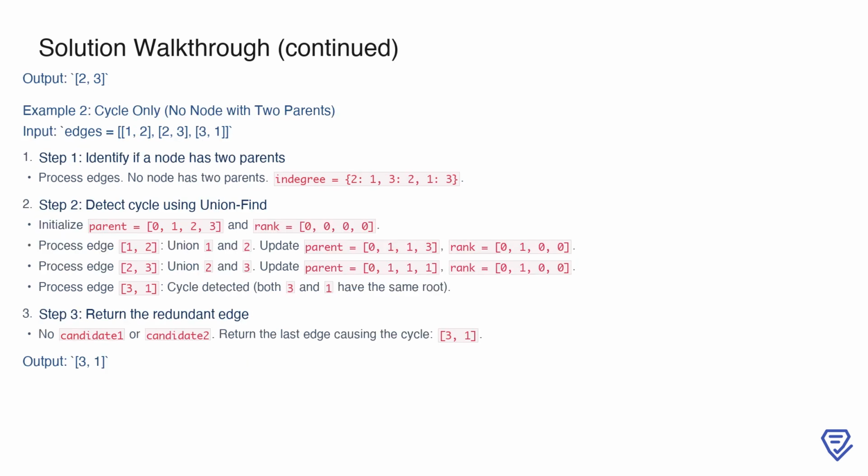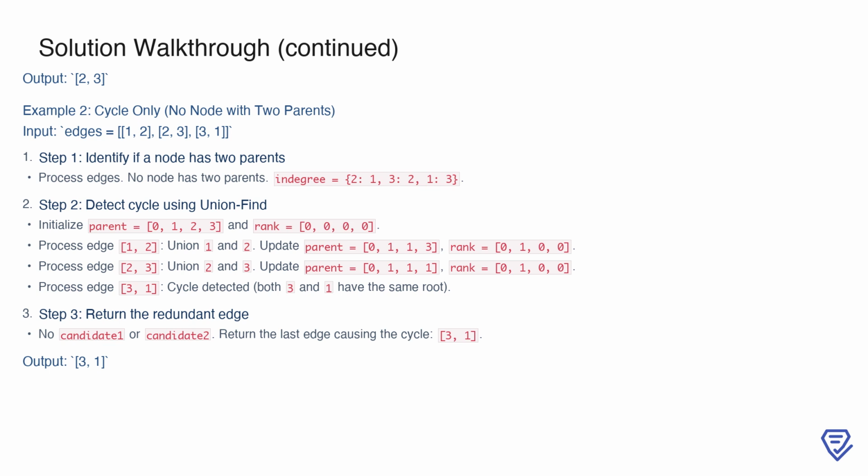In this example, we analyze a case where the graph contains a cycle, but no node has two parents. The input edges are 1, 2, 2, 3, 3, 1. First, we check if any node has two parents by processing the edges. As we iterate, we observe that no node has more than one parent, so the inDegree values are 2, 1, 3, 1, 1, 1. With no node having two parents, we move on to detecting cycles using the union find